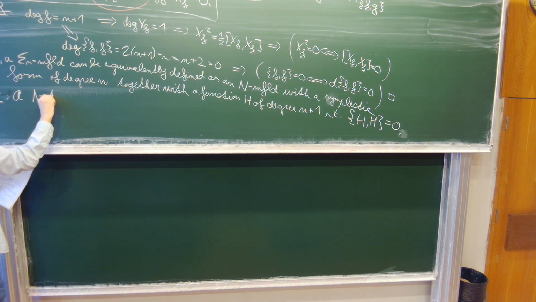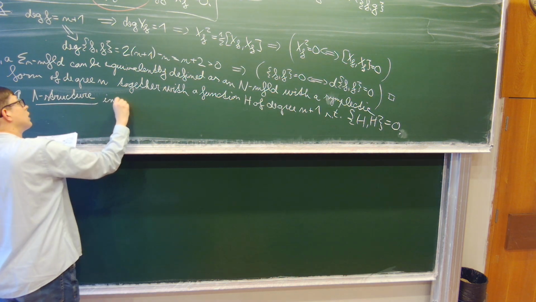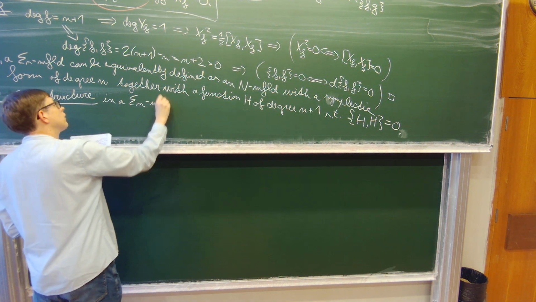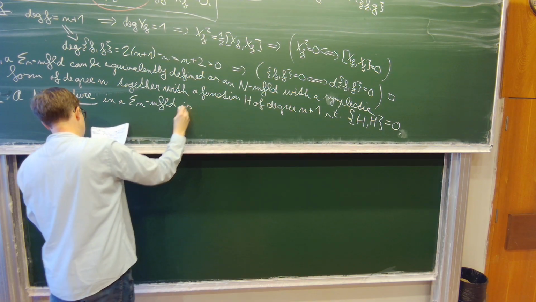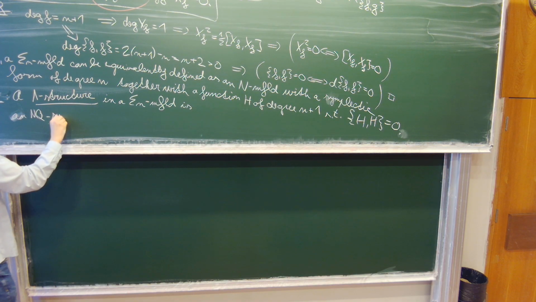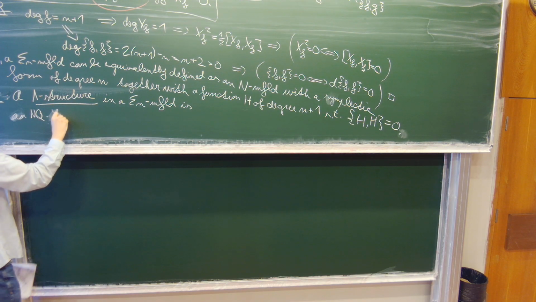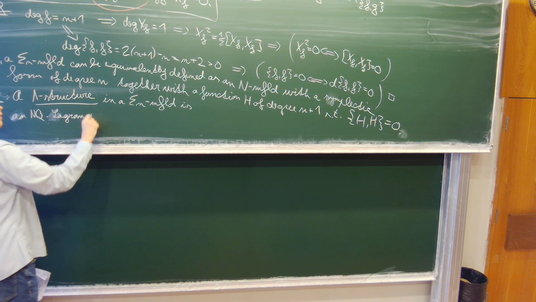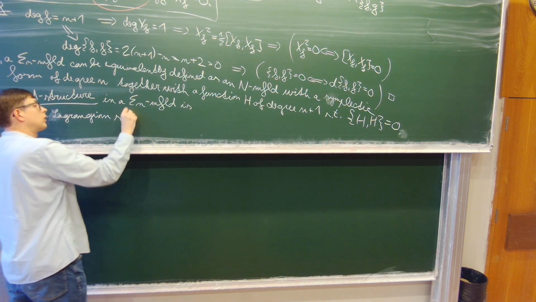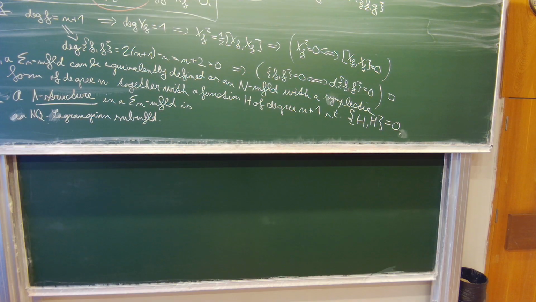A lambda structure in a sigma n manifold is an NQ Lagrangian submanifold. Okay, so what does this mean? NQ. One way to say this is that